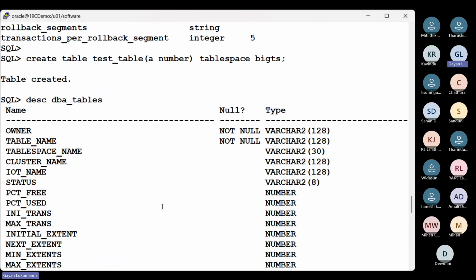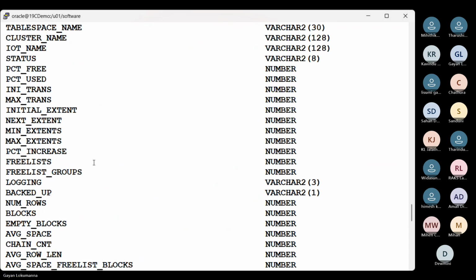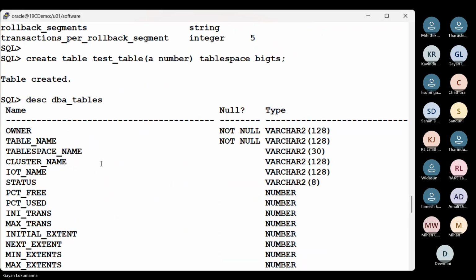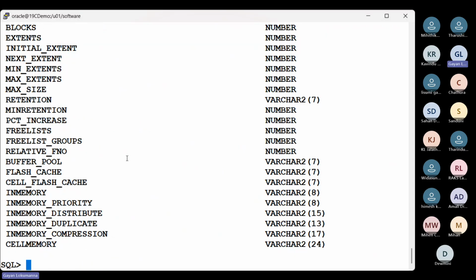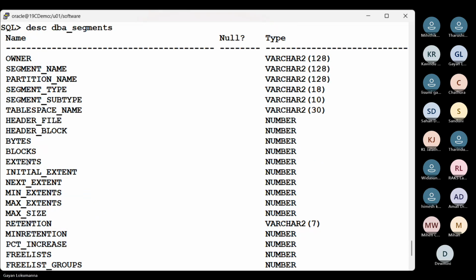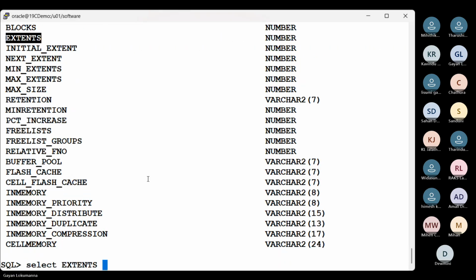These are all data dictionary views that I have, right? I would say describe DBA segments also, and this will be much easier for me. So select extents from DBA segments,